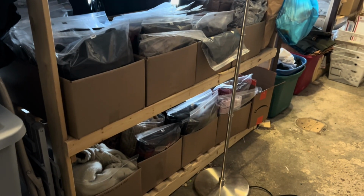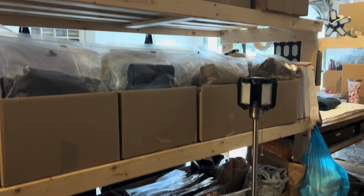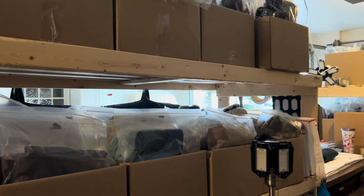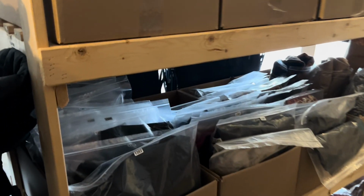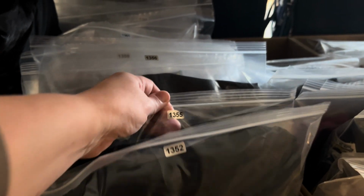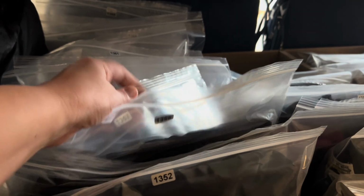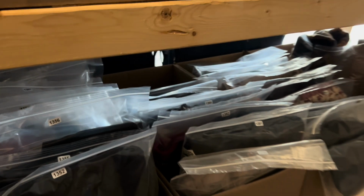Now here is the start of my inventory storage. This is actually the middle of my inventory storage. I have 4 separate shelves. And I just have everything in bags with an inventory number, and they are all in numerical order. And each of my numbers